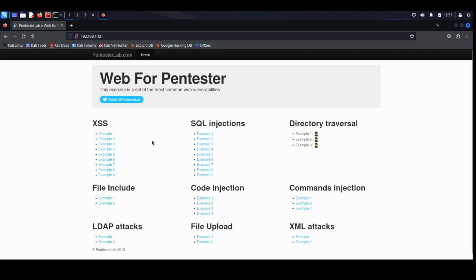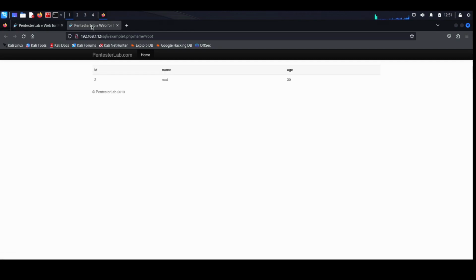So first we have SQL injection, and I will just cover 3 or 4 examples. So basically, what is SQL injection? SQL injection is a web application security vulnerability that occurs when an attacker can manipulate an application's SQL query by